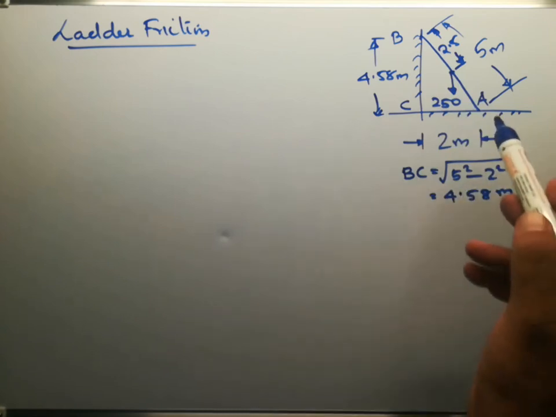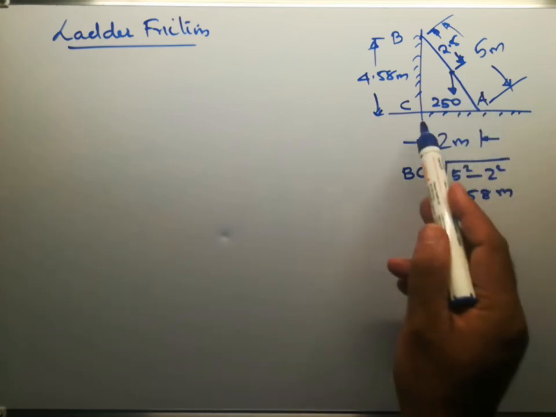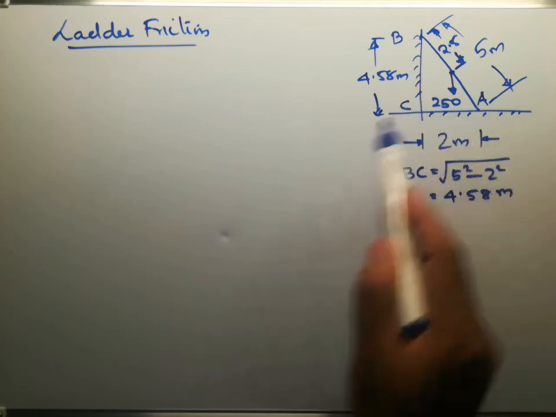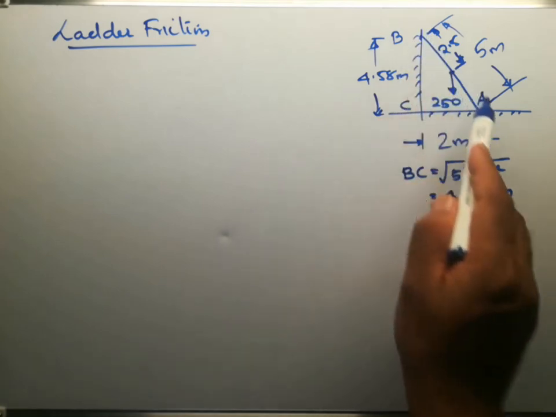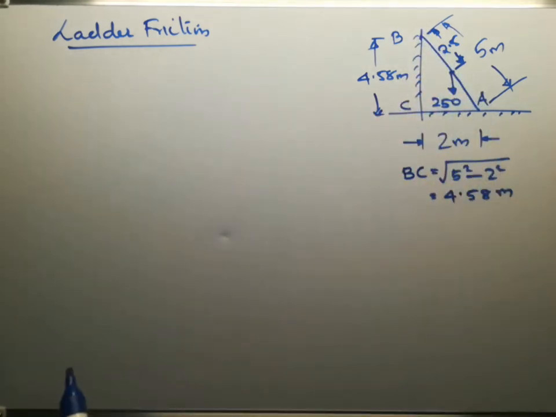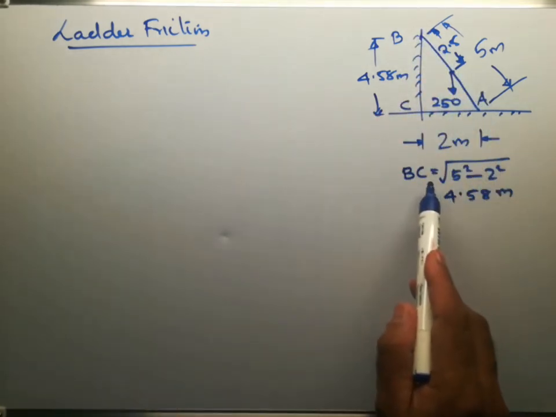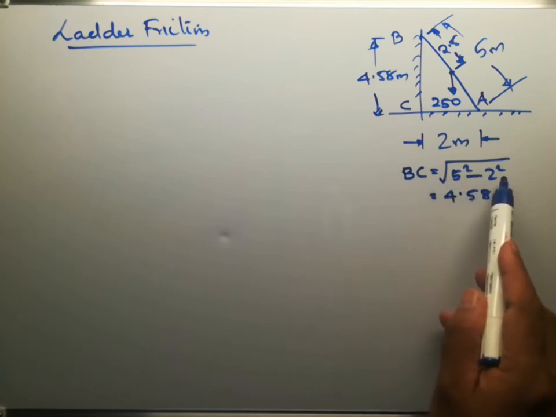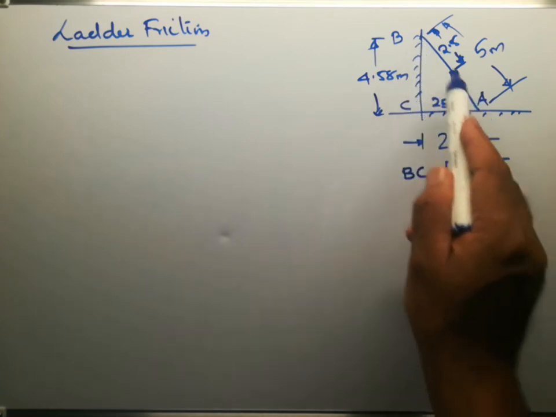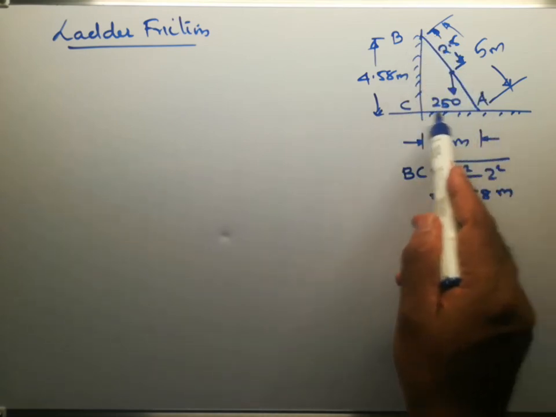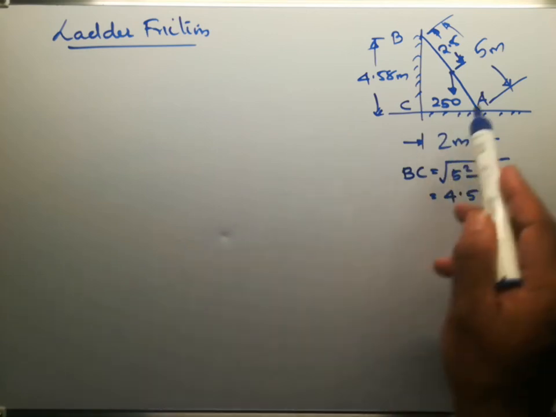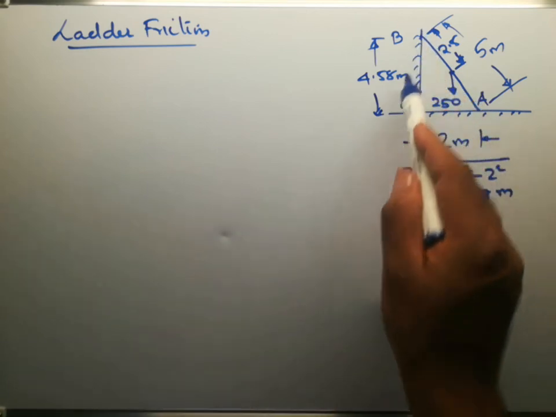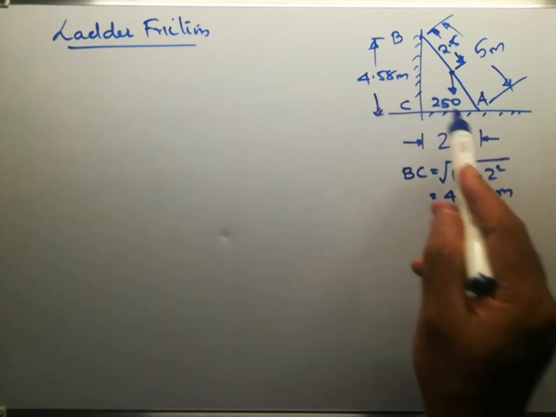The ladder is placed in such a way that the lower point A is 2 meters away from the vertical wall, or from point C. And the length of the ladder is given as 5 meters. Therefore, BC can be calculated as square root of 5 square minus 2 square. If we consider this as a right angle triangle with the hypotenuse as 5 meter, the angle theta, and the adjacent side as 2 meter, using Pythagoras theorem,